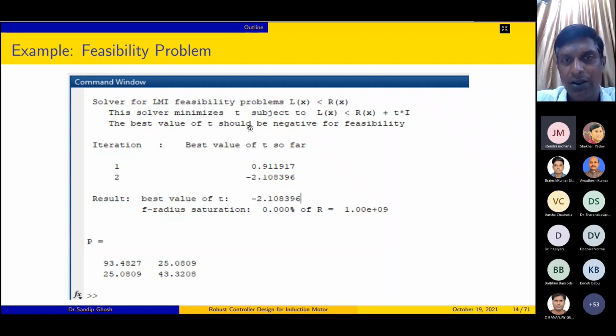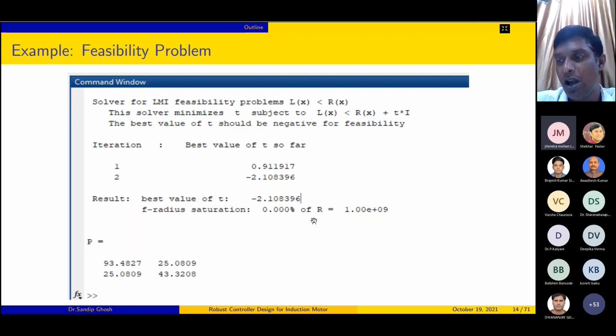See that the best value of T should be negative for feasibility, so T is negative, so this is a feasible solution. So that way you can solve very easily given an LMI problem, and many control problems can be framed as an LMI problem. The main important thing about the LMIs is that it's a convex optimization problem, or if constraints are an LMI,